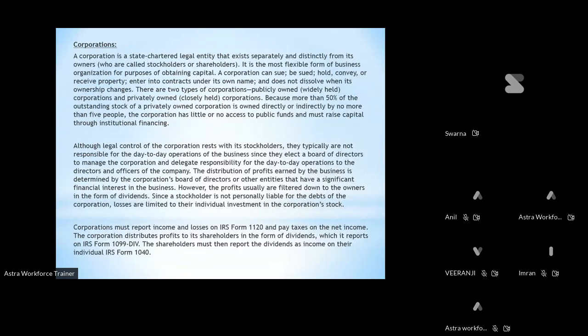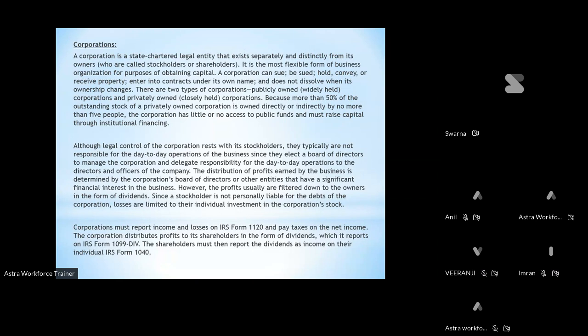There are two types of corporations: publicly owned, widely held corporations, and privately owned, closely held corporations. More than 50% of the outstanding stock of a privately owned corporation is owned directly or indirectly by no more than 5 people. The corporation has little or no access to public funds and must raise capital through institutional financing. Although legal control of the corporation rests with its stockholders,